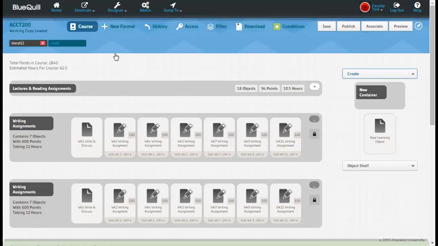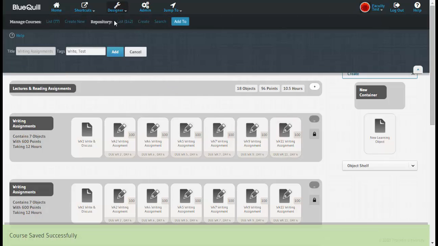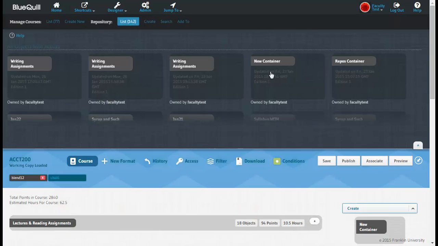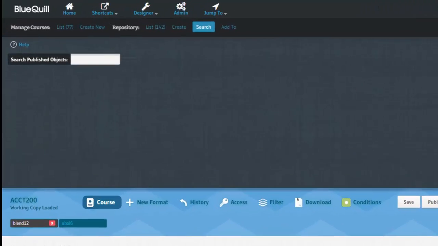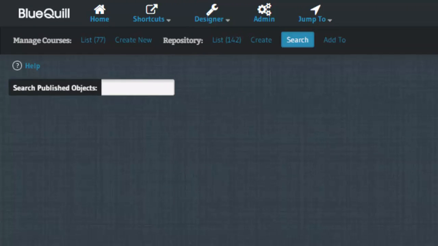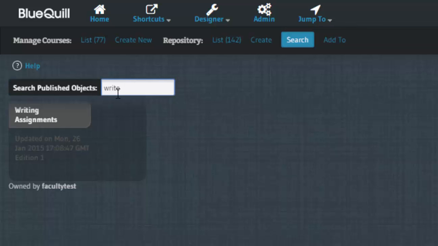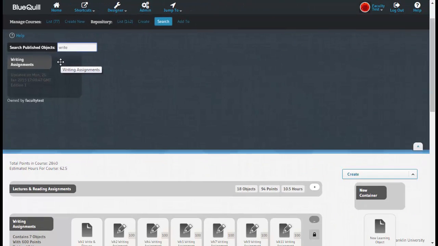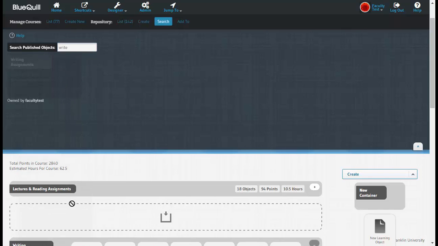When the container is added successfully, it can be seen in the list alongside the objects that are also in the repository. This list shows only the objects and containers of which I am the owner. Containers can be searched in the repository as well. Start typing and the search results will display based on the title and tags. To add this container to a course, I simply click, hold the mouse button, drag, and drop it into the